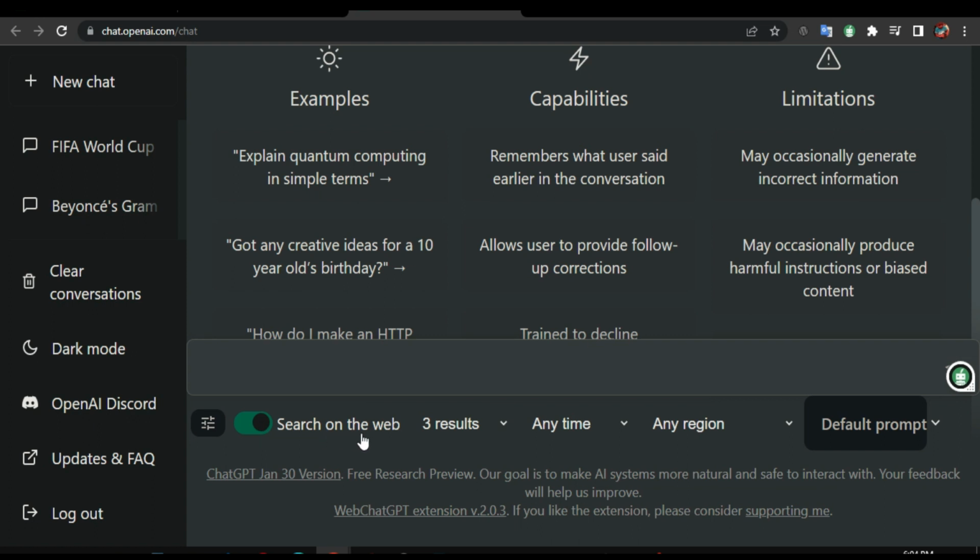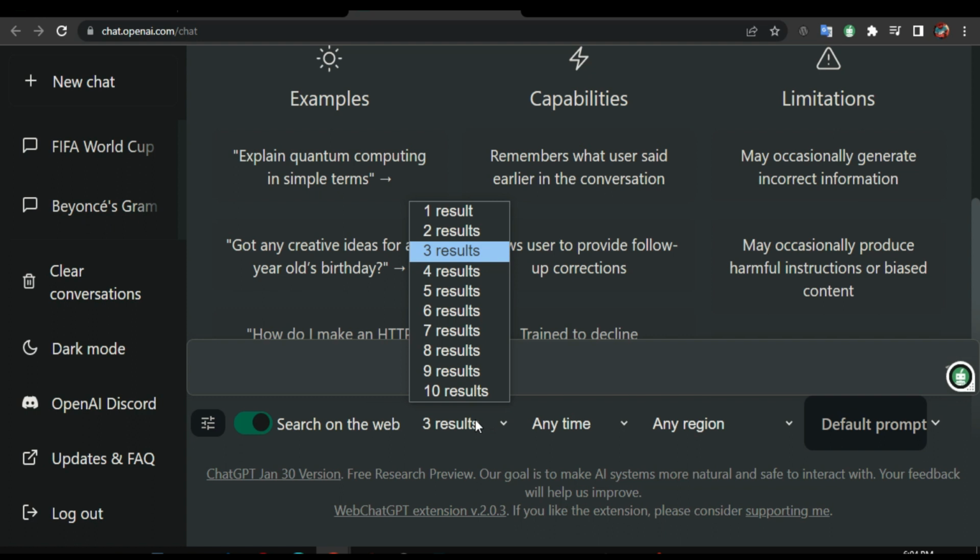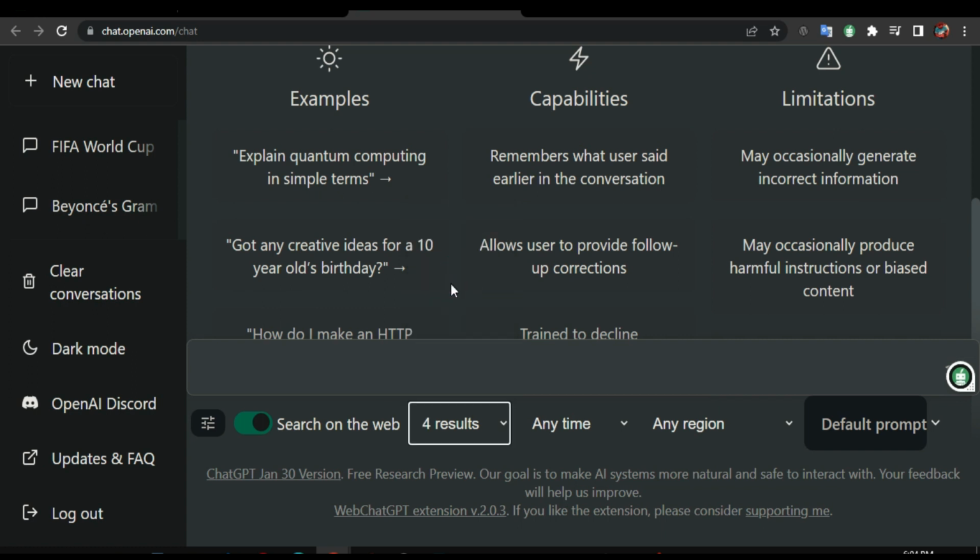Okay, from here we're gonna tell it to search on the web. So if you want 3 results, you can select, or if you want 5, you can select 5, or if you want 10, it's up to you. So I'm gonna say 4. I'm gonna go ask ChatGPT again